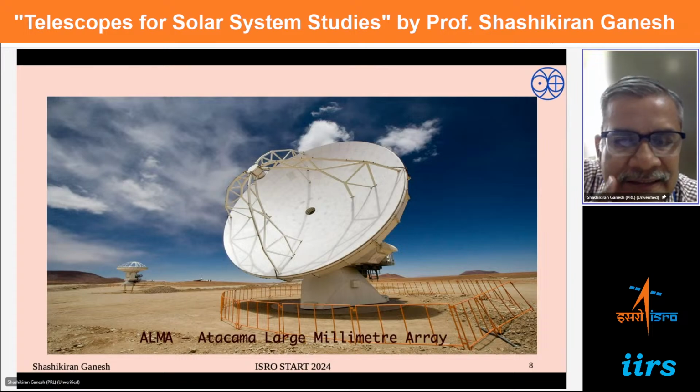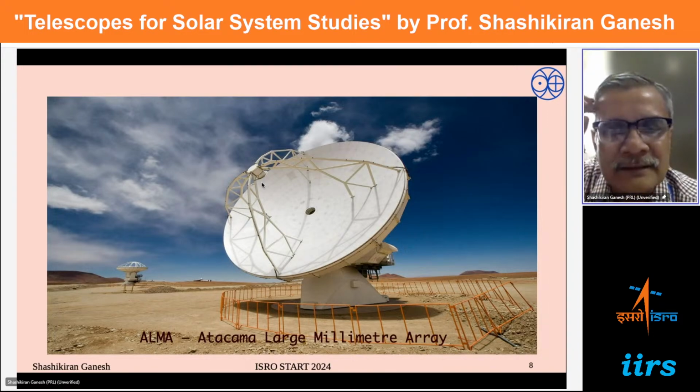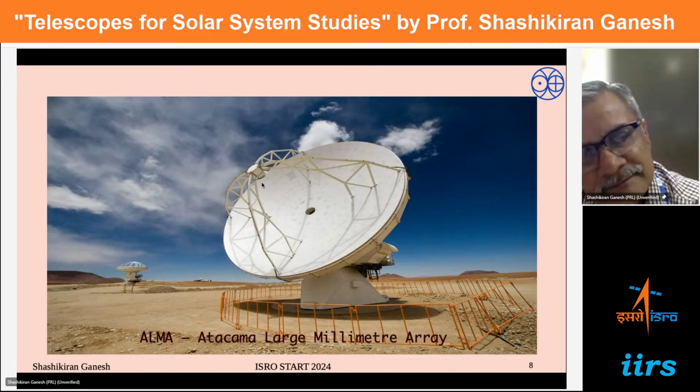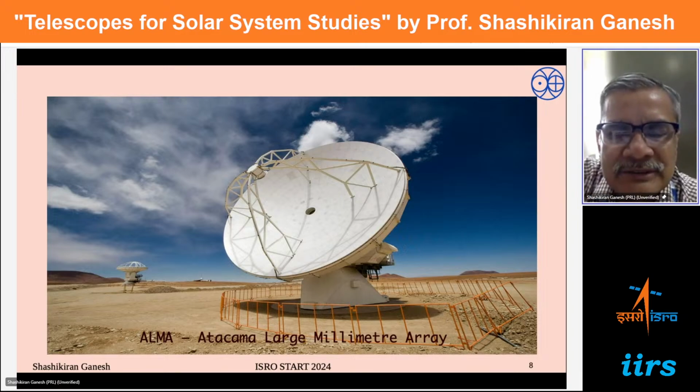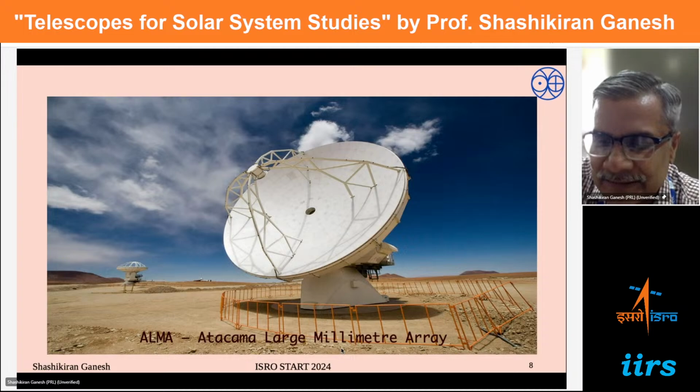All of the work is done remotely, of course, and we have a computer control to receive the data from this kind of a dish. So the light is again reflected back from here into the receiver, which is sitting at the top, and the receiver would have different kinds of sensors, bolometric cameras and bolometric arrays, which allow you to retrieve images of the night sky in the millimeter, sub-millimeter